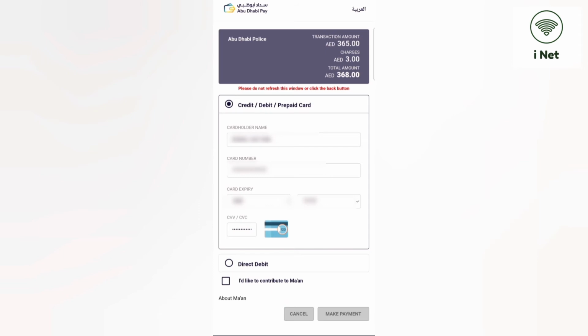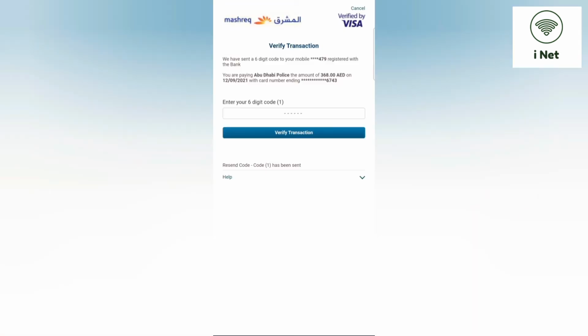After finishing that, there will be a button called make payment, so you can click on that. After that our OTP will come, so you can enter the number.